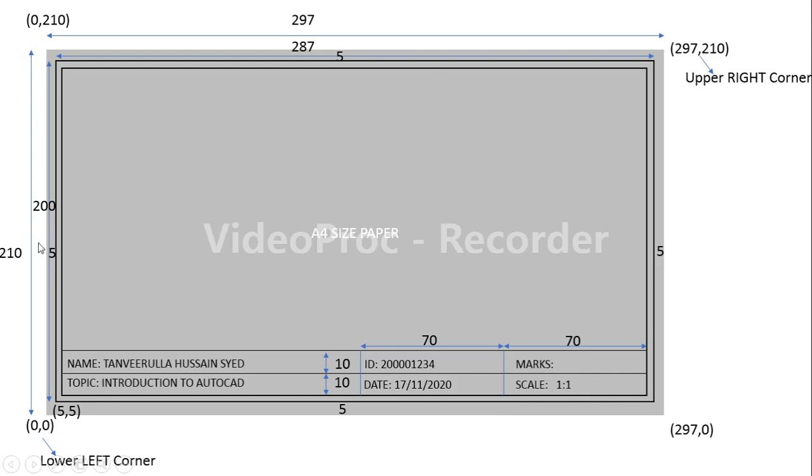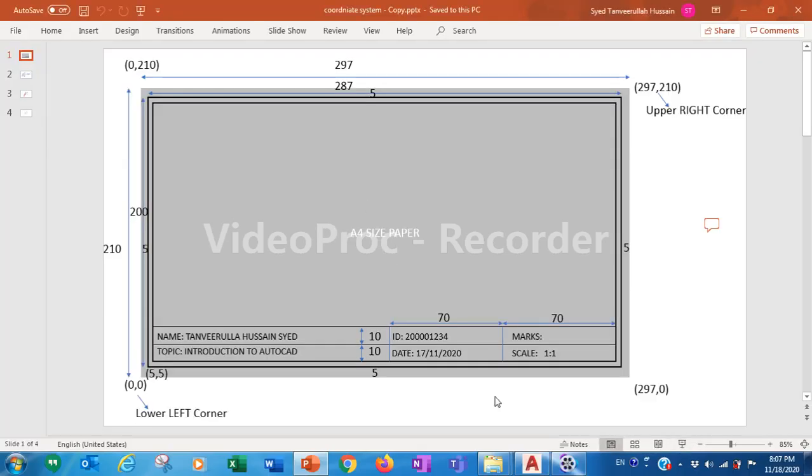So finally, this is the drawing sheet. Everyone should follow this format. I will not accept any sheets which are not in this format. So it's better to save this format. Do it once and save it, and every diagram, every exercise you need to draw in the space available here. So now let's move to the AutoCAD software. Let's open the software now.